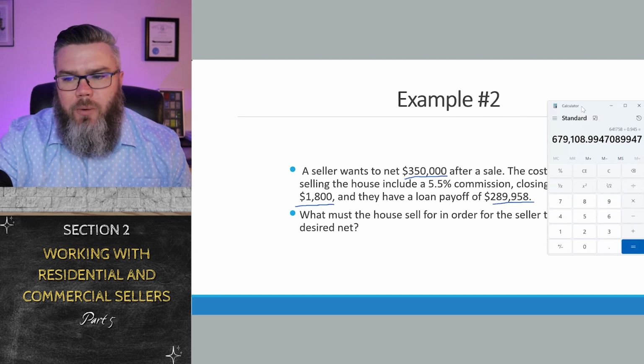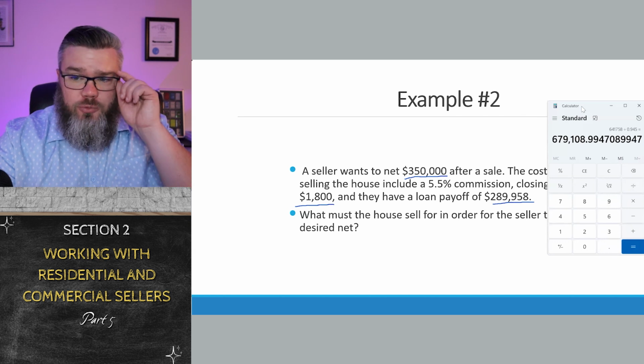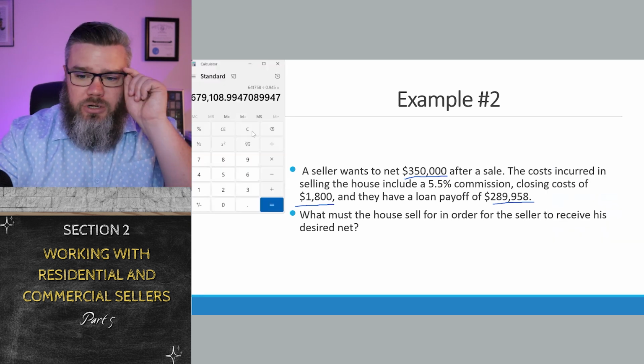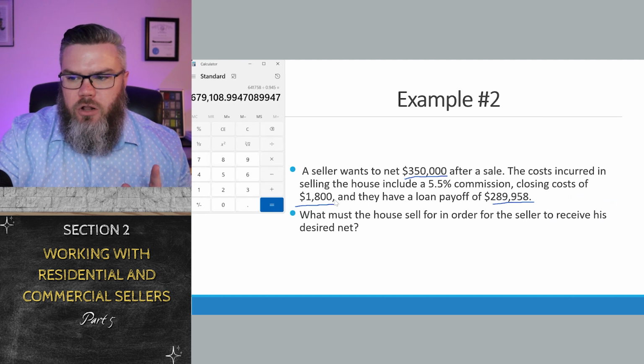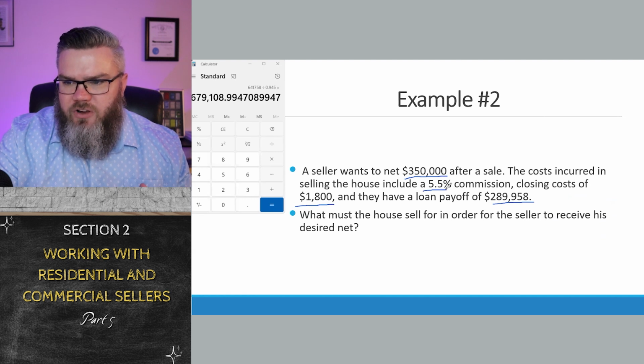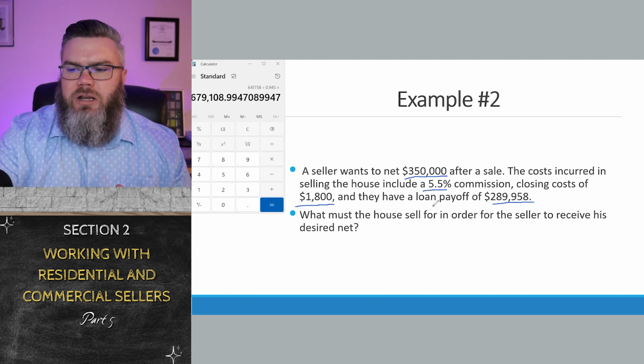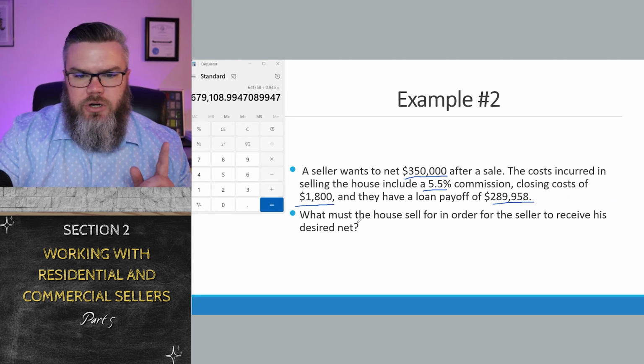Now let me show you how I just tricked you all into doing algebra if you do this. Now watch, and we're going to give you a couple examples. We're going to get everybody comfortable here. Folks, can we all agree that we don't know the purchase price, but we do know the commission's 5.5%. They want a net $350,000. They have a loan payoff of $289,958, and they have closing costs of $1,800. So here's what this looks like: